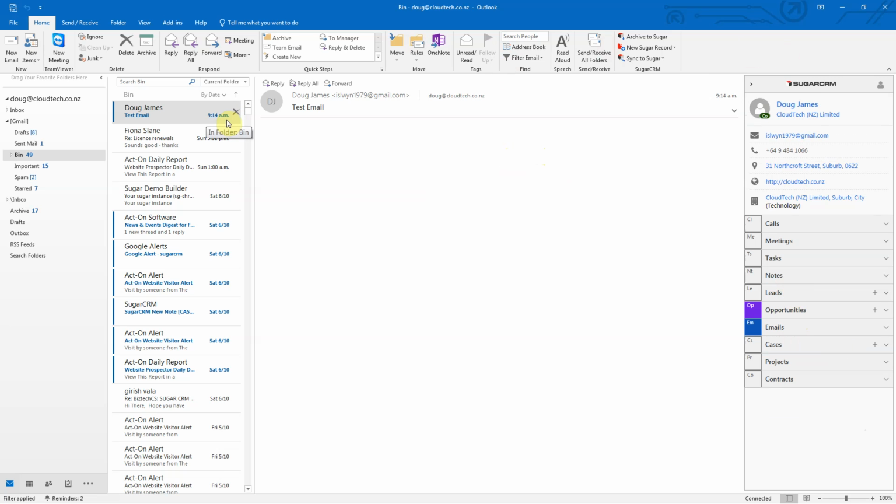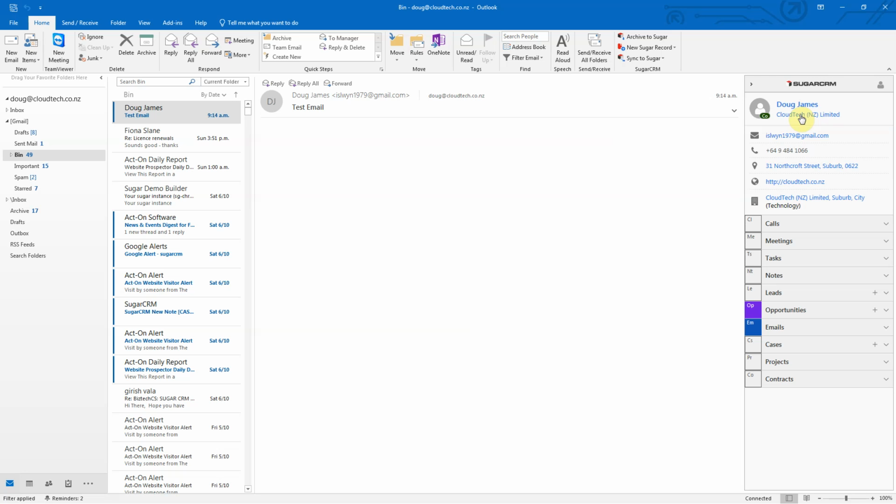A couple of other cool things which I personally like is that Sugar have now given the option of turning on auto archive. Basically what this will do is archive all your incoming and outgoing emails where there's either a Sugar contact or a Sugar lead with the email address. It'll go through the CRM and do a lookup. If there's a matching email address, it'll archive the email against that. For clients that want to archive a lot of emails and be able to see the full visibility of all incoming and outgoing emails,